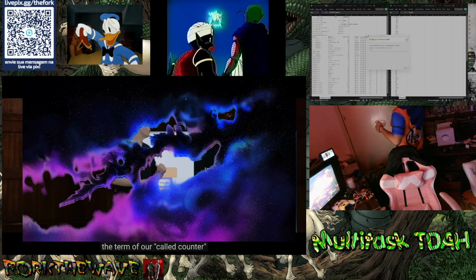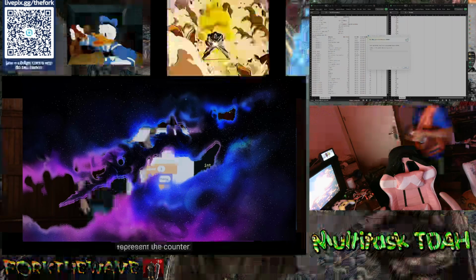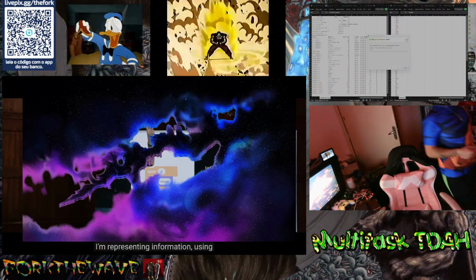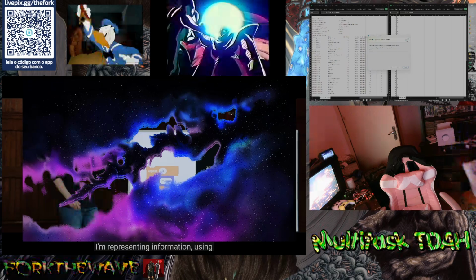I'm defining the variable, to use the term of art, called counter and setting it equal to 3. My hand represents a counter, and that's all very good. It's like storage, in some sense, where I'm representing information using my hand in this case, or a computer's memory here. Now, what happens when using a loop in C?